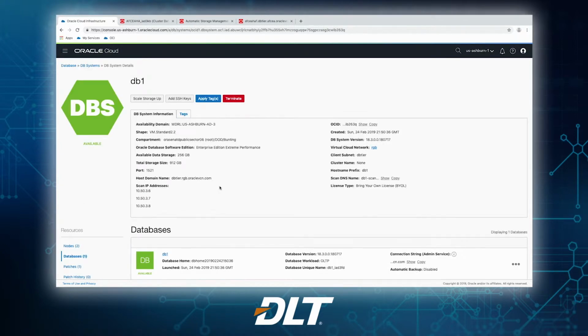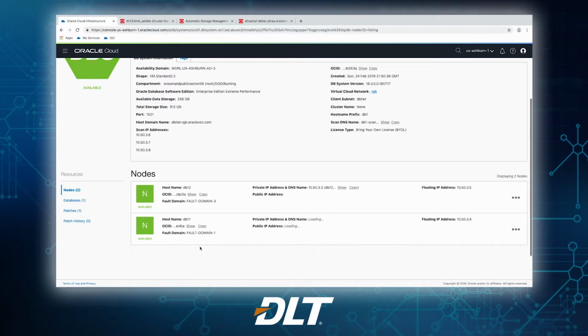So here we are with a RAC database. We've clicked down into database 1, and then we go over here and note that there are 2 nodes. So those are 2 servers that are serving that single database. So what I can do is, if something happens to node 1 of that database, or I deliberately want to do a rolling patch so I still have database availability, I can take one of those 2 nodes offline and still have a database available.